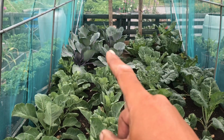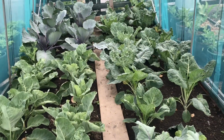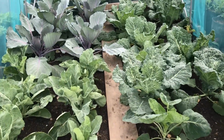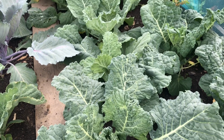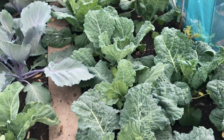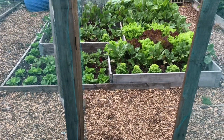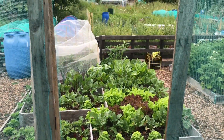We've got the red ladera at the back, the huge ones, and just look at this Savoy. These are just going to be tremendous specimens. What I do is I go around and any lower leaves that are hanging on the floor, I take them off, and I just try and prevent any sort of pest and disease in here. But at this moment in time, it's looking fantastic. Back out of the tunnel,